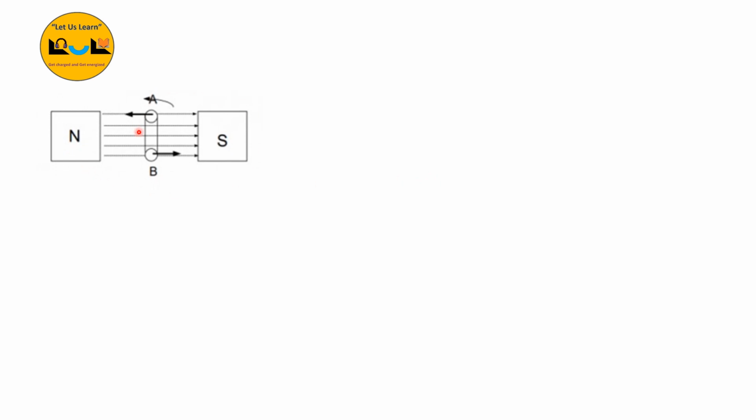In the first position, the current carrying conductor is vertical. In the vertical position, the velocity of the conductor is parallel to the magnetic lines. The small dark arrow shows the velocity of the conductor, and the straight lengthy line shows the magnetic lines from north pole to south pole. There is no interruption between the magnetic lines and the velocity, so theta is 0 and the EMF is 0.